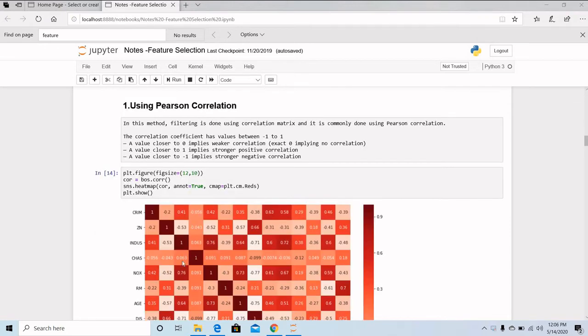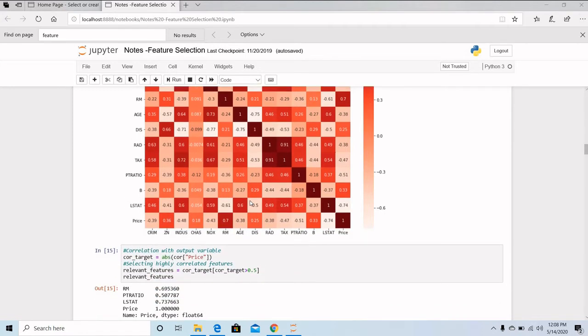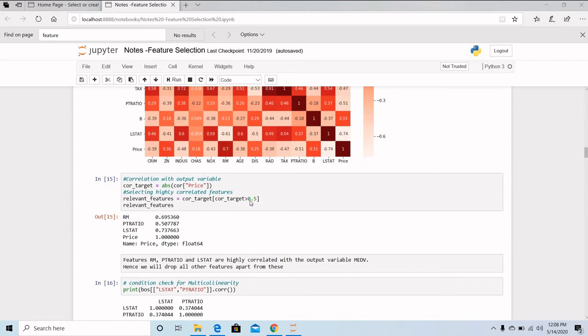So here what we have done is that for the entire dataset, we have checked the correlation and stored it in the variable cor. Then we have given annot=True. Here annot=True is nothing but the annotations that you give on your heat map, and cmap is used for the color map. Here the darker color means it is nearer to 1. If it's lighter, it is close to -1. The two darkest and the two lightest are the ones we are interested in.